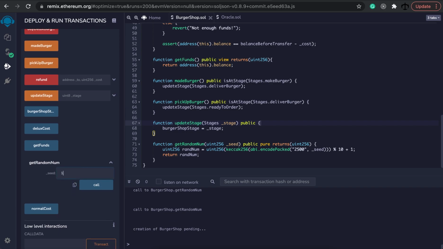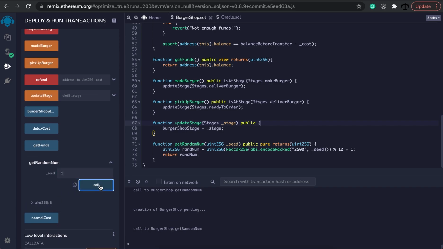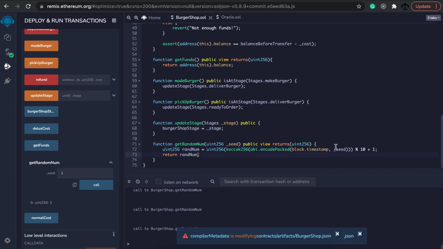So now if I put in 1 and I call it, I get 3. If I call it again, I get 3 again. And I get 3 to infinity because the variables stay the same. Now, you might say that, okay, but if I use block.timestamp plus a seed, that's quite hard to decode, right? So it's true random. Well, to a certain degree, it would work, but yes,